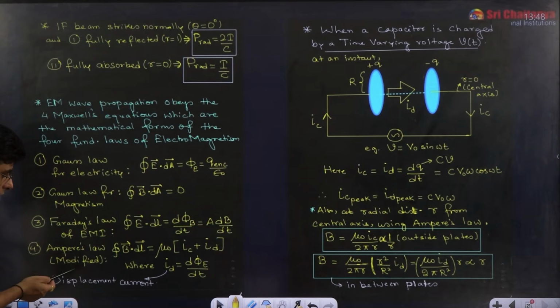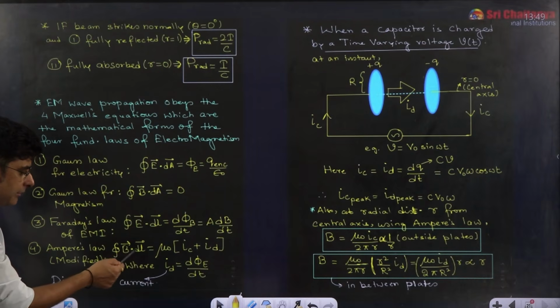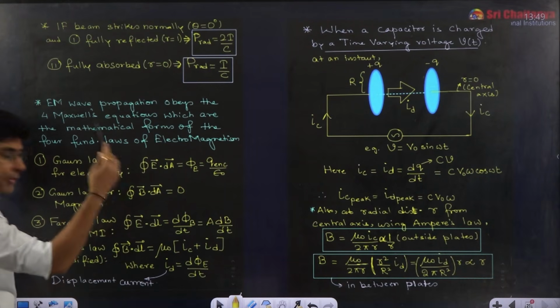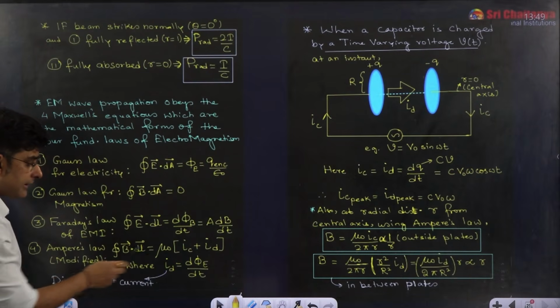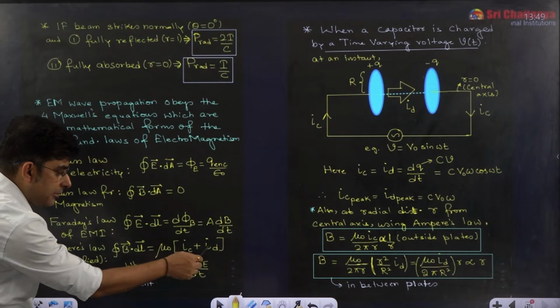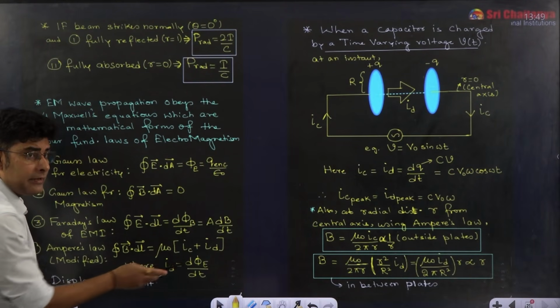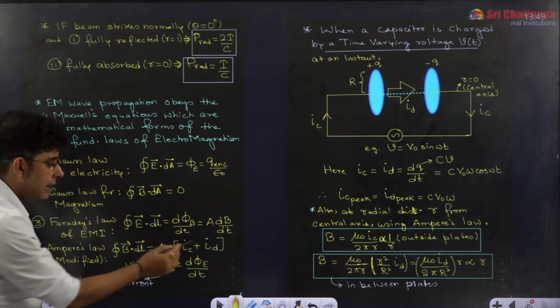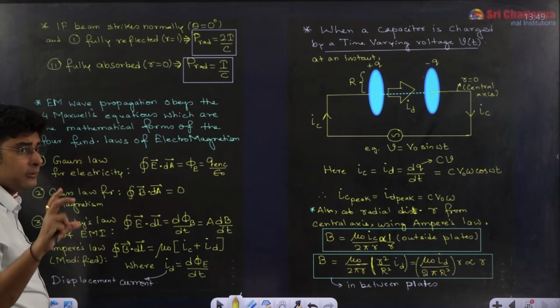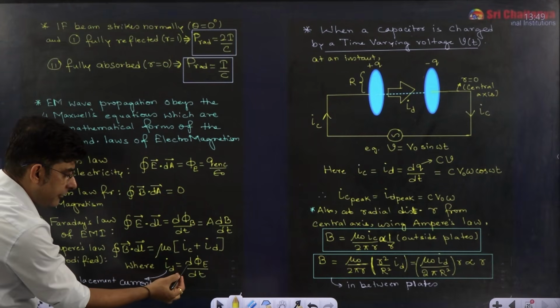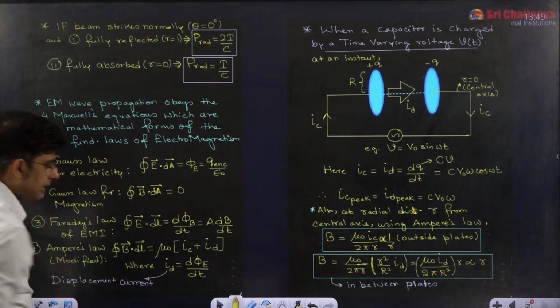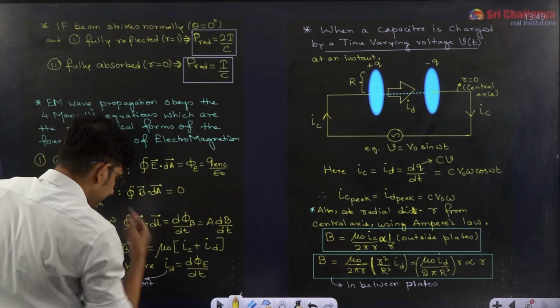And Ampere's law, which is modified by Maxwell, the line integral B dot dl. Ampere had told it is equal to mu naught I, but Maxwell said, instead of I it is IC plus ID. IC is called conduction current, which is flowing in the conductors actually, and ID is not an actual current, it is a sense of change of electric flux. So ID is defined as d phi E by dt,